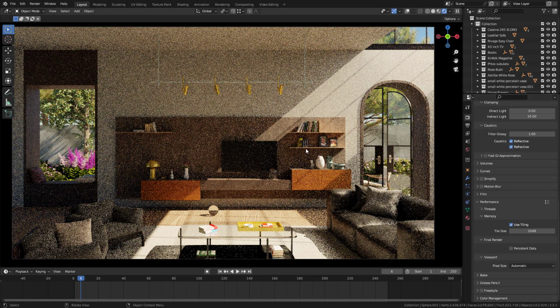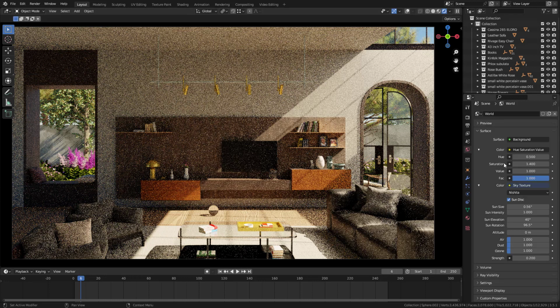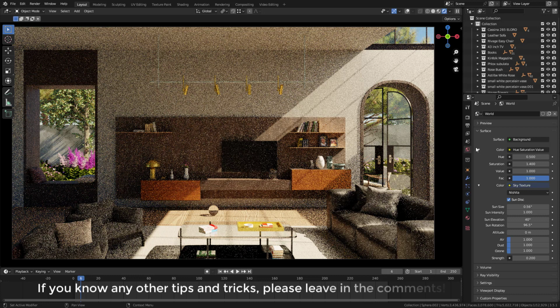This is everything that I wanted to show in this video. Of course, there are other things you need to be careful about, but they're more advanced. For example, render time also depends on the complexity of the shaders in your materials, and sometimes the HDRI that you use in your world. If you have a very high definition HDRI, it can also have some effect. The materials and the lights that you use in your scene will also affect render times